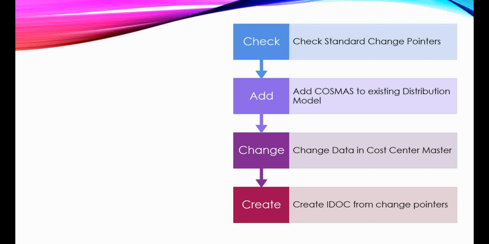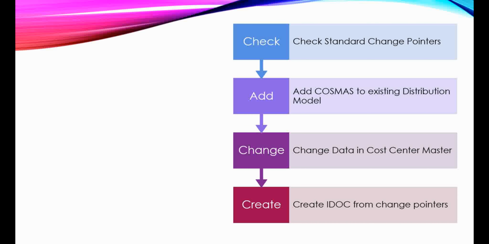Process is the same, but elements will be different. Elements in the sense like message type and distribution model or partner profile setting, those will be changed, but the stepwise process is the same. In the second step, we have to assign the message type to the distribution model. Here COSMAS is the message type for cost center master data, and we have to assign that message type to the distribution model.